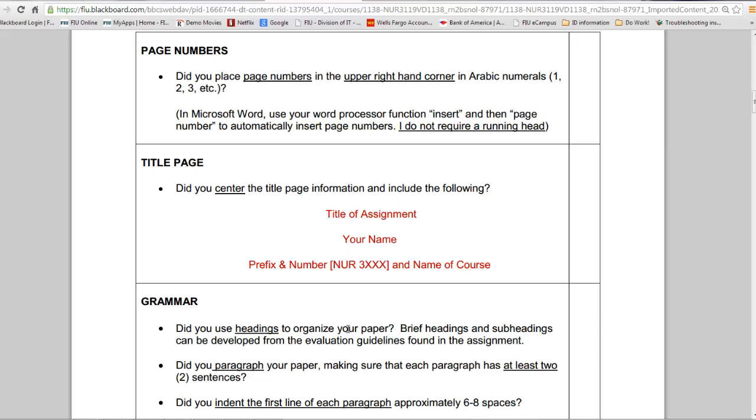Now, abstract, you may be asking about the abstract. For module papers in this course, an abstract is not needed. This is not a research paper. However, if you want to learn about abstracts,